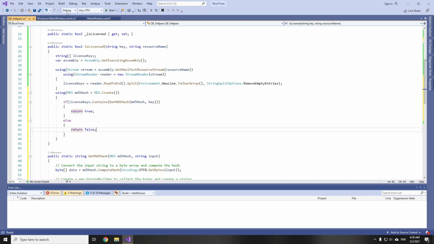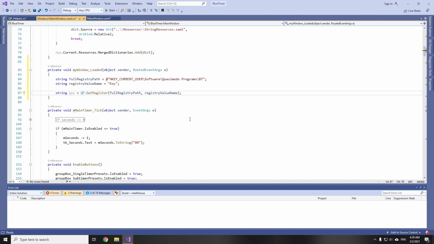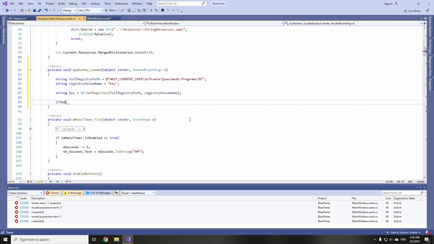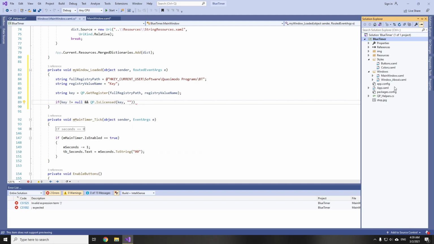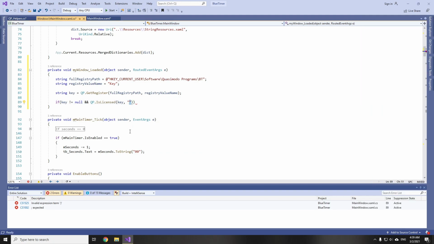Okay. So now back to our main window and its loaded event. So here we check if key is not null. So if we already passed some key to the program and it is licensed, and we check its key, and we will access a txt file which I will put here, called, well, first we type our assembly name, BlueTimer, then LicenseKeys.txt.